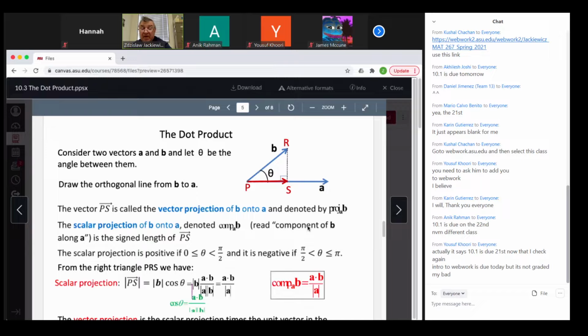And the scalar projection, so this is vector projection. Vector projection is a vector, so PS. So this is a vector. This is a vector PS. So PS is equal to the projection of vector B onto A. And the scalar projection we call